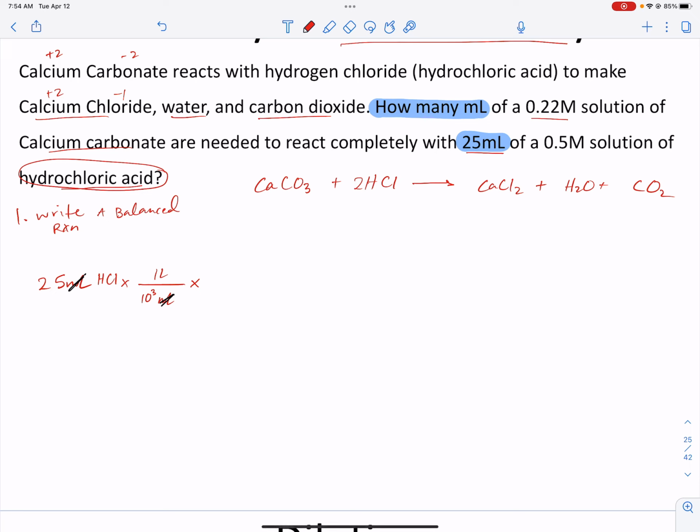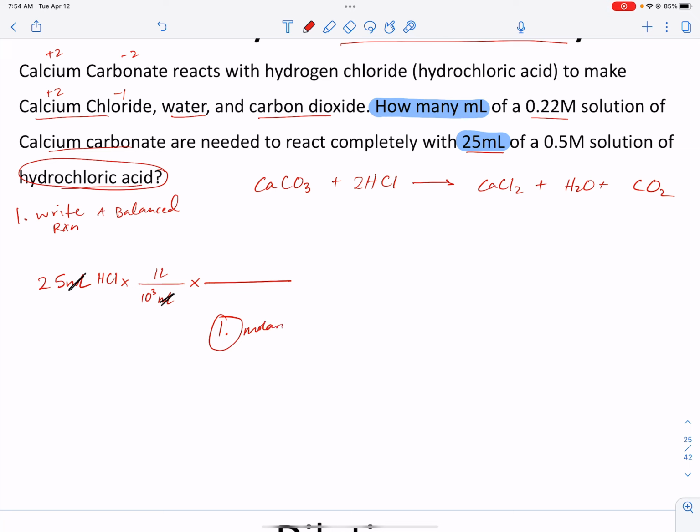So now, this is my step 1 in my 3-part problem. Okay? Technically, the first step was converting milliliters to liters. But if we're actually following the diagram that I keep scrolling back up to, this is step 1. We're going to plug in the molarity. Okay? So what is the molarity of HCl? Go find that in your problem. It says 25 milliliters of 0.5 molar solution HCl. So it's 0.5 molar. And remember, this 0.5 molar